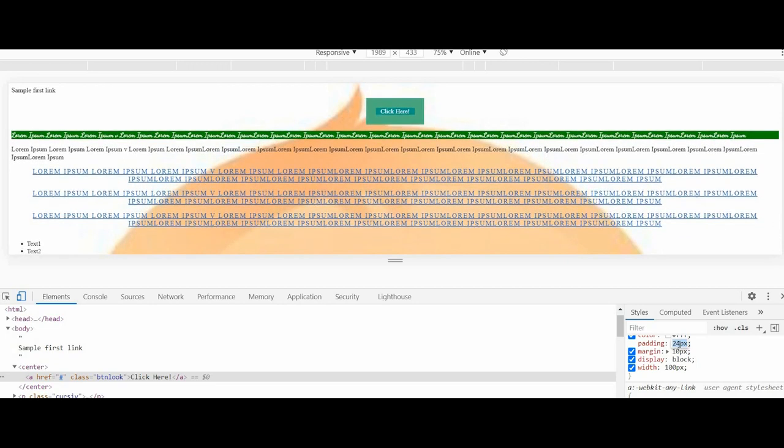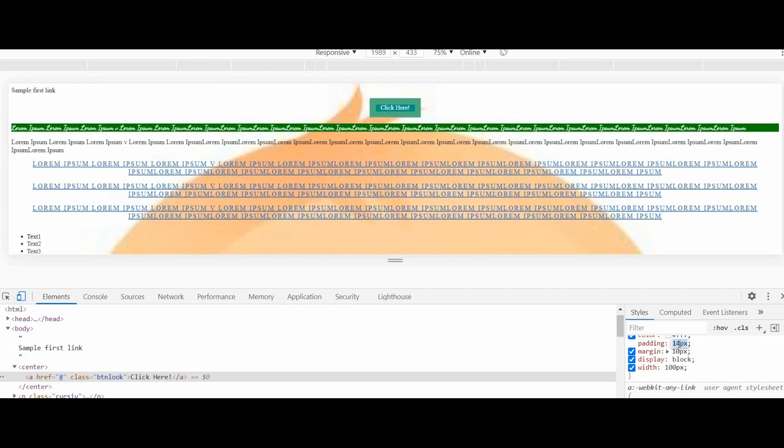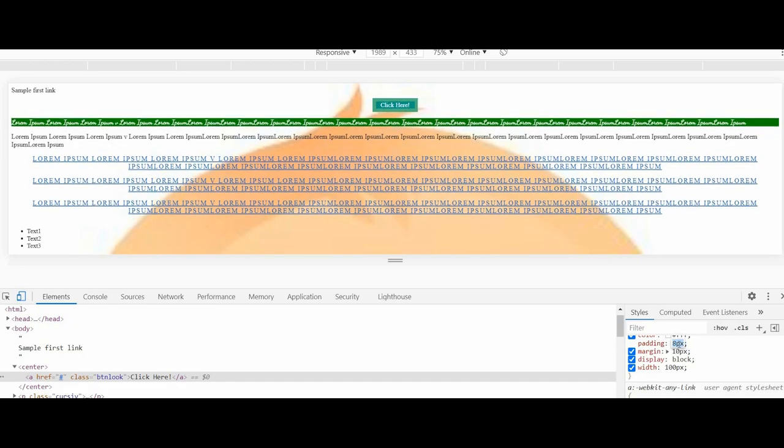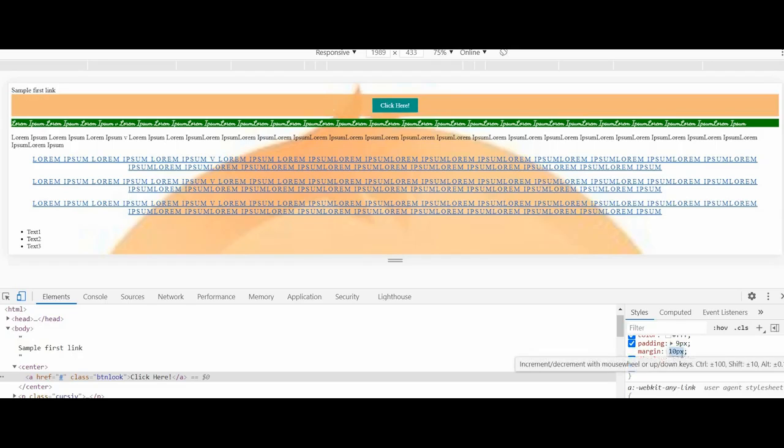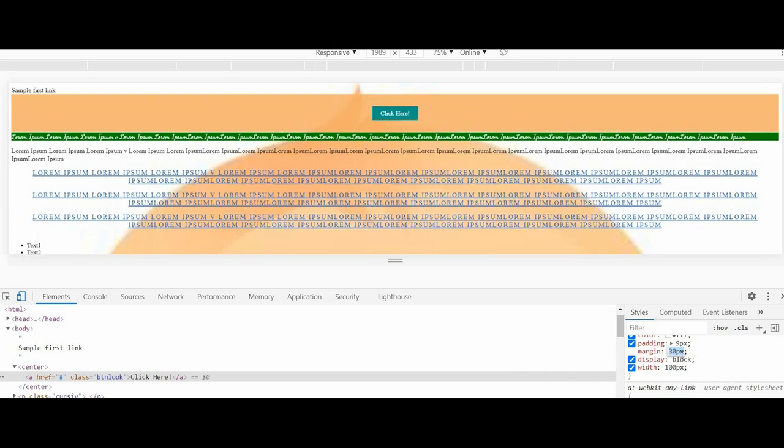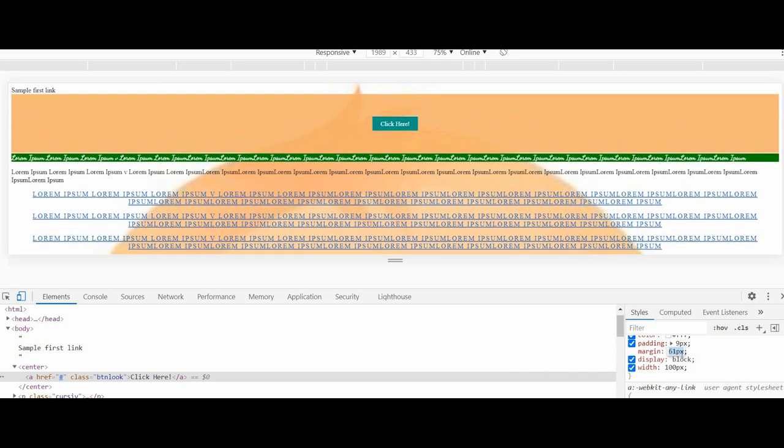See, I am now reducing the size by using the down arrow. See? The padding is reduced. The same way for margin also. Just click on the value and use the up key so that the margin will be increased, right?